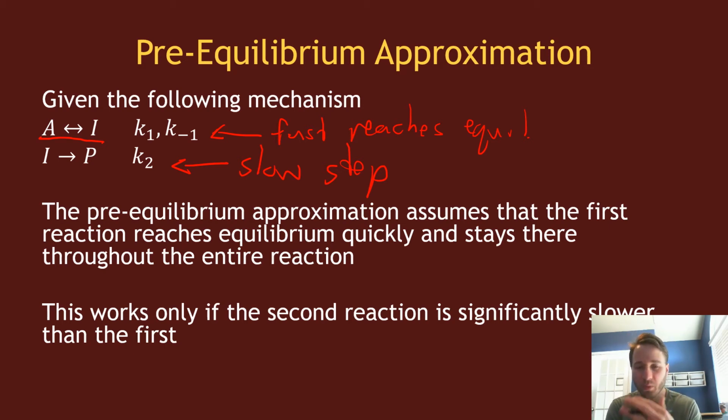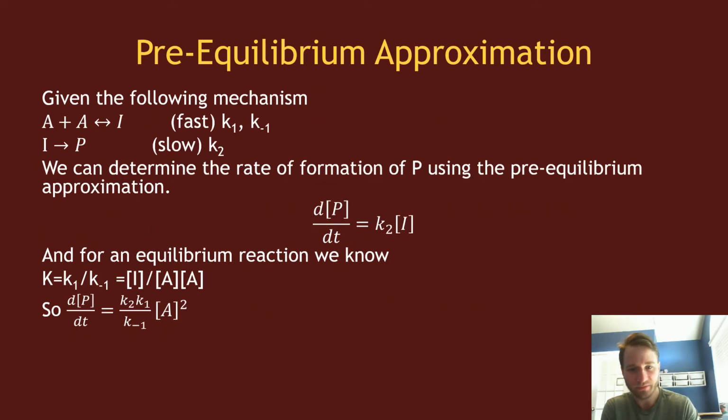And this only works when that step after equilibrium is significantly slow, right? If I is being consumed very quickly compared to how fast it's being formed, then I'm never going to be able to establish equilibrium, right? And so this only works if the step after the equilibrium step is very slow, okay? And if that is, then we can use the pre-equilibrium approximation, which is saying that in this reaction,